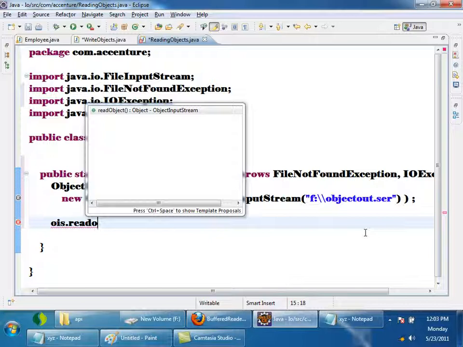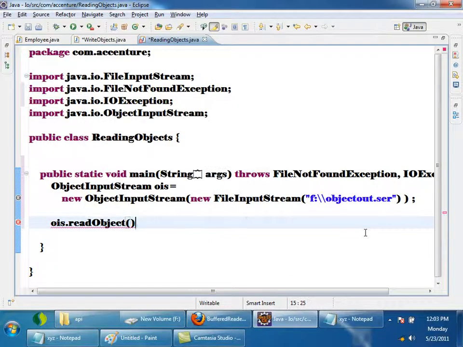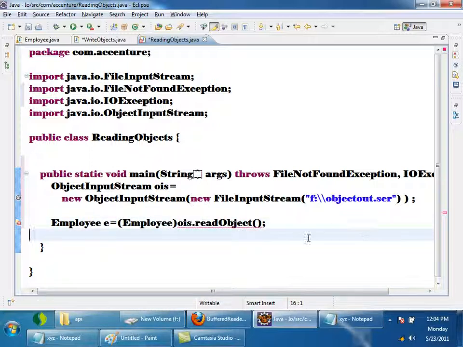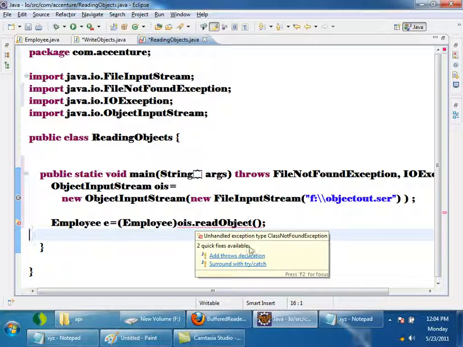What is the return type of it? Object. But we know that it is an Employee object. Can we typecast it? Yes. So I will typecast it to Employee. This is throwing some exception, I'll throw it.